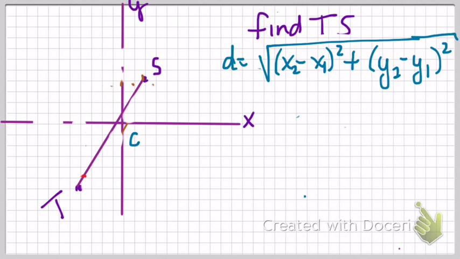When we subtract our x's, essentially what we're doing is finding that horizontal distance, or we could have just counted. So if they give us the ordered pair, T would be at -4, 6, and S was at 2, -4. So here are our ordered pairs that we're going to use. So if we wanted to find TS,